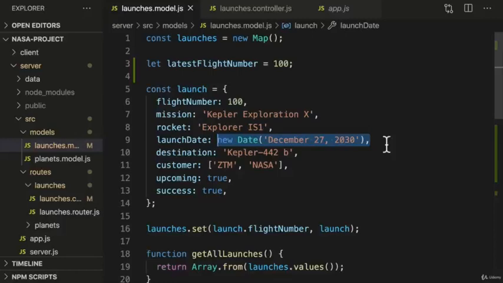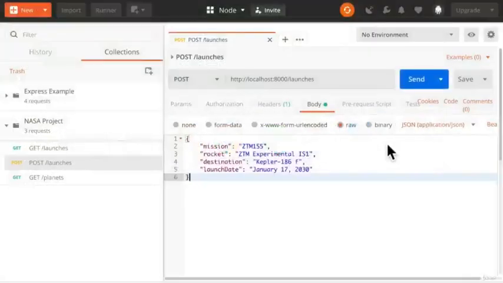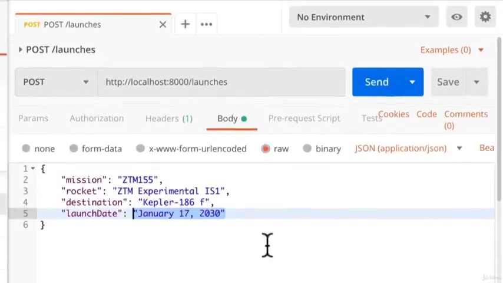What we do have to deal with, though, is that JSON, as it's passed in our API, doesn't allow you to pass around date objects. Instead, the recommended approach is to pass the date as a string and convert it into a date when you process it in the API. So what we'll do